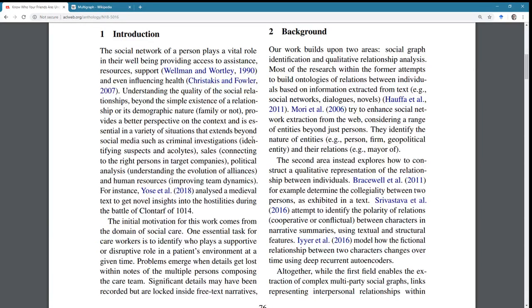All right, our work builds on two areas: social graph identification and qualitative relationship analysis. I do like to see qualitative. Most of the research within the former attempts to build ontologies of relations between individuals based on information extracted from text, e.g. social networks, dialogues, novels. Haufe et al. 2011. Mori et al. 2006 try to enhance social network extraction from the web, considering a range of entities beyond just persons. They identify the nature of entities, e.g. person, firm, geopolitical entity, and their relationship, e.g. mayor of. Okay, so that's sort of like a